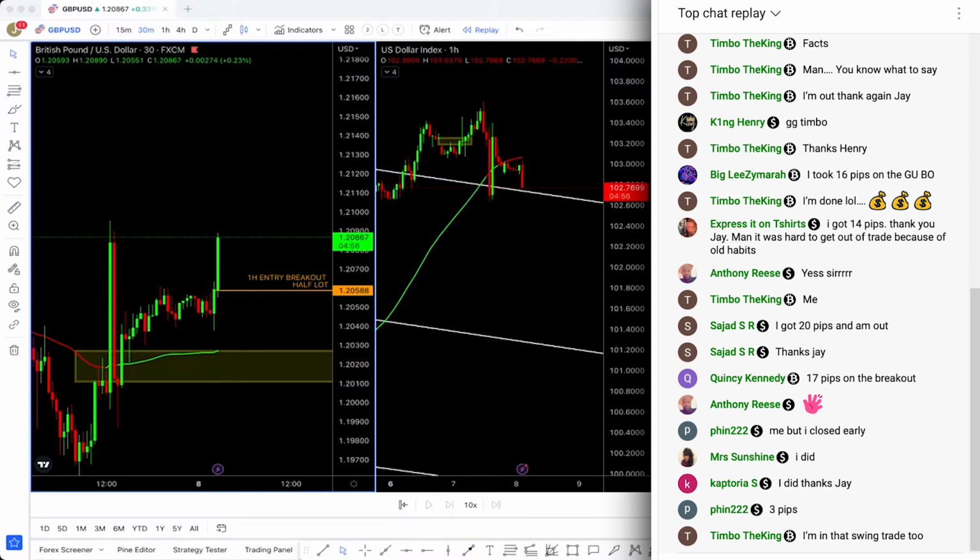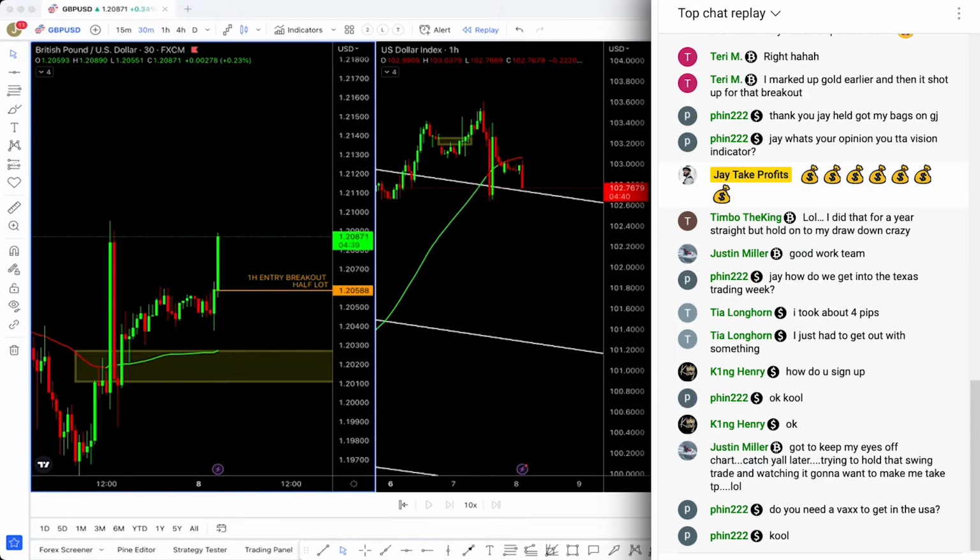I mean, it could keep going higher and higher, but the chances are that it's going to pull back come London session. You're going to get a reaction. I don't know if it's going to go higher or not, but it's best to not be around to find out. I'd rather take my profit. Look at the logic here. Take my profit,